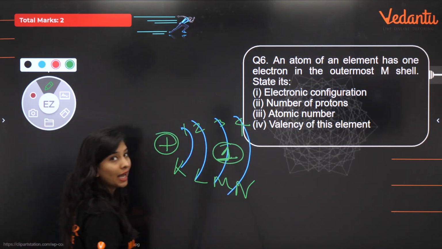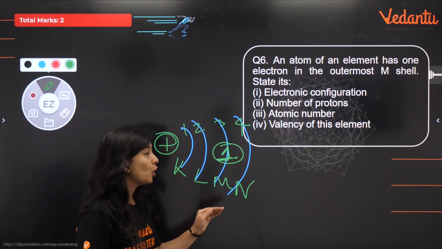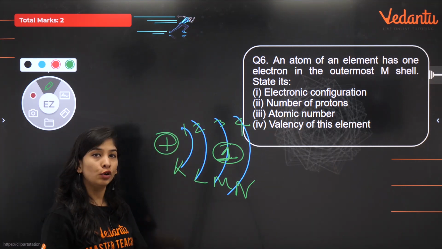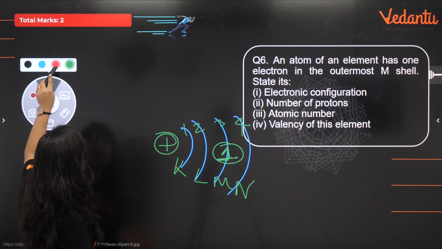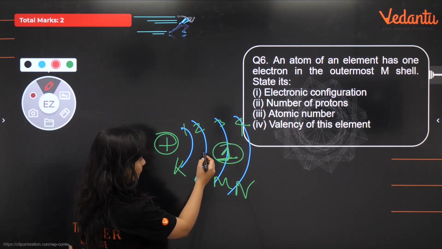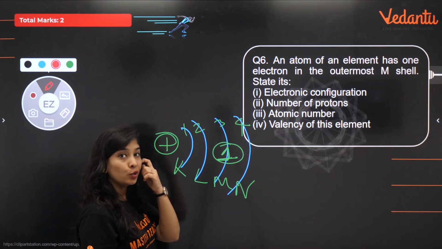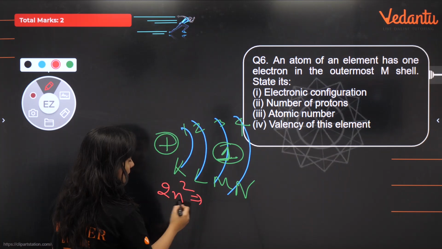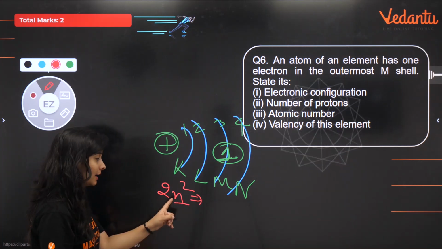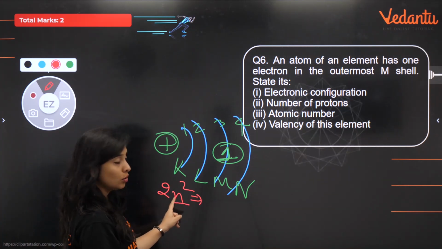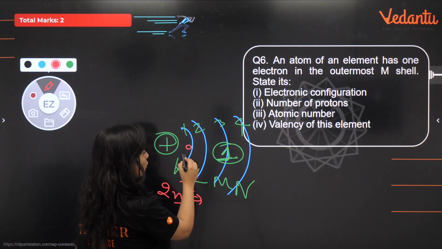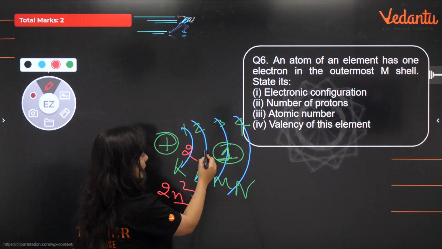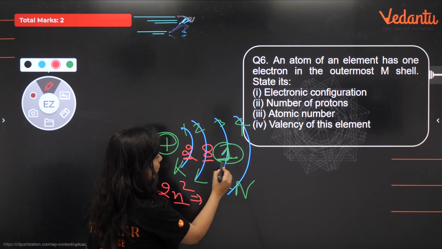M has 1 valence electron, which is only possible if your first and second, K and L shell, are completely fully filled. तो कैसे करेंगे? You know that the first shell, according to the 2n square rule, which was given by Bohr and Bury, said that if you put 1 as n, n का value 1 का square 1, into 2, मतलब first orbit में you can put maximum 2 electrons, second मतलब 2 का square 4 into 2, 8. Second में you can put 8 electrons, right?